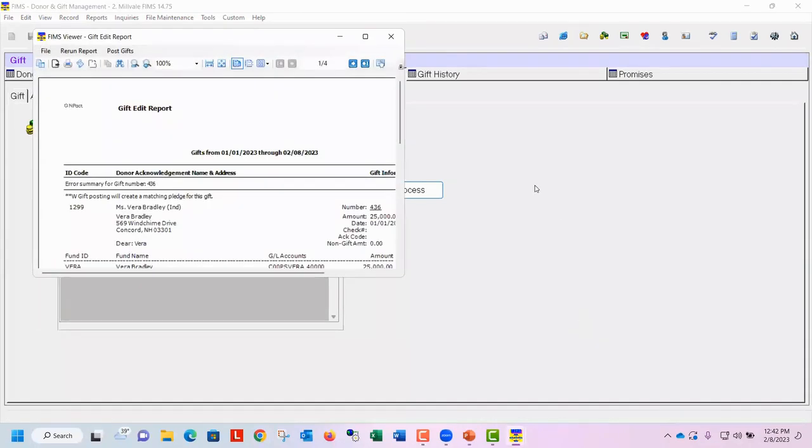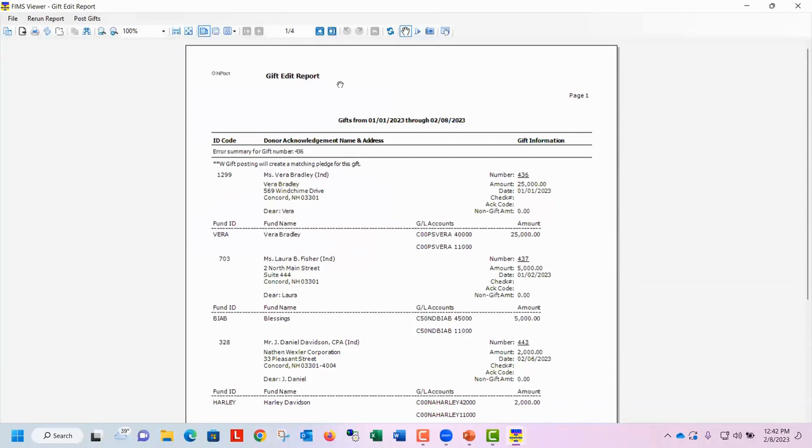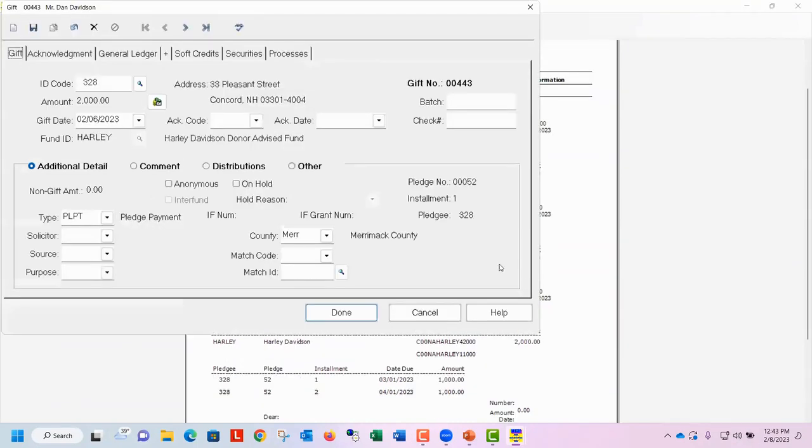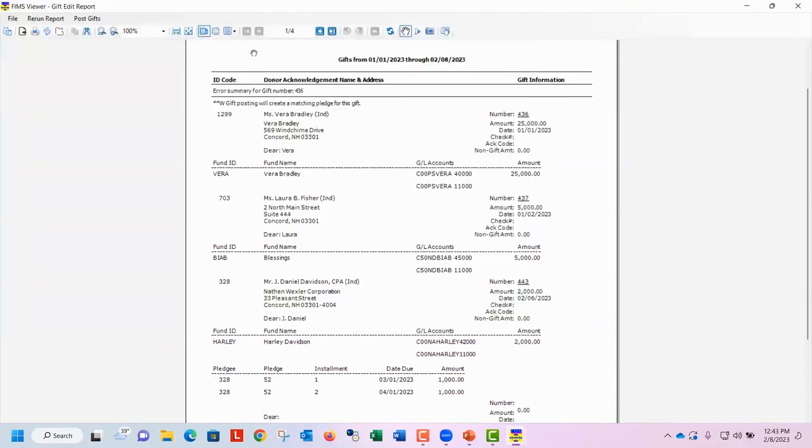I love doing this simply because if you are looking through this, if there is an error or a warning and you need to make a change, for example, if you look, this gift posting will create a matching pledge. If that's good, that's great. If not, you need to make a change. See how the gift number is underlined? That's actually a hyperlink back into the gift. So if you need to make a change, you can just click on that gift number and it opens the gift. You can go in, make your change, save it, and rerun your